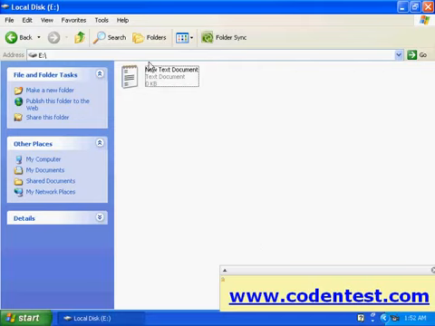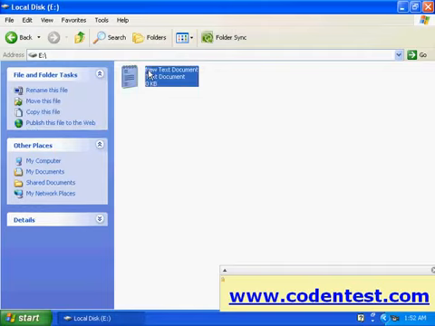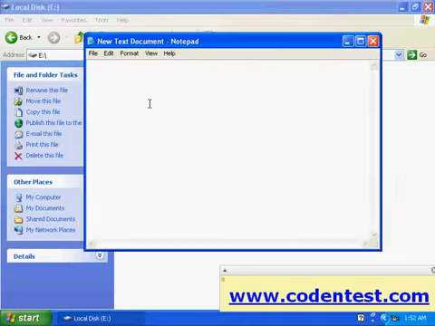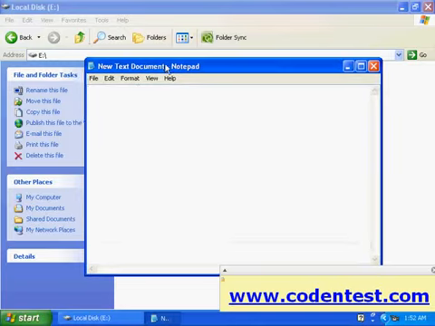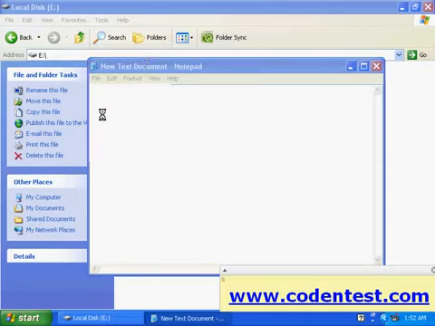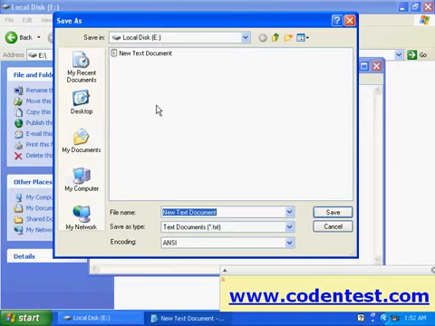So I have here an empty notepad. I'll open that notepad and write CSS code in it. Let me save this file as sample.css.